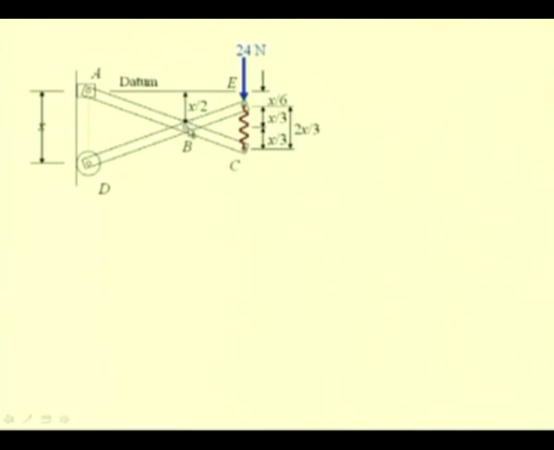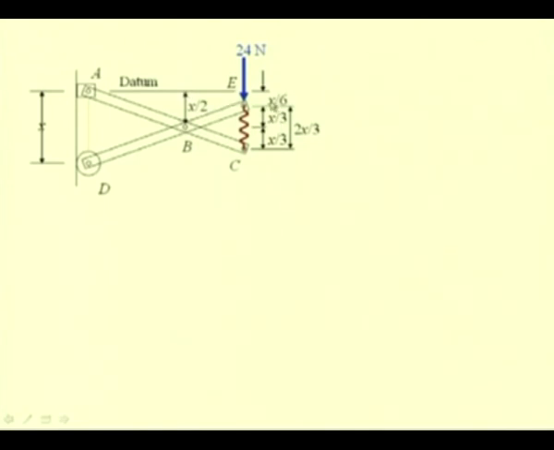The pin at B is located at a distance of x by 2. This comes from the symmetry of this geometry, because we know the length of these two links, that is ABC and DBE, are the same and they are pinned at the same locations along the length of the links. So, this point B is located at a distance of x by 2 from the datum,